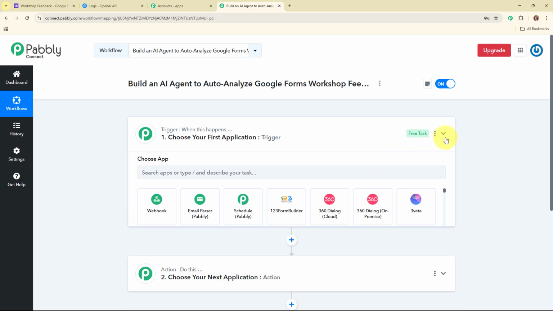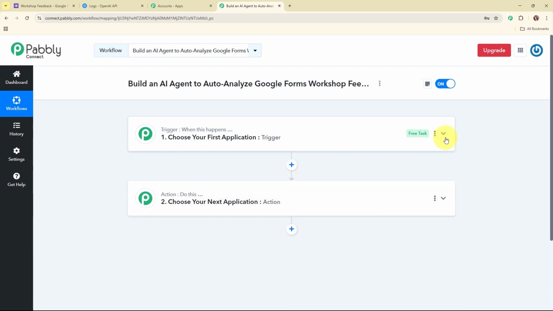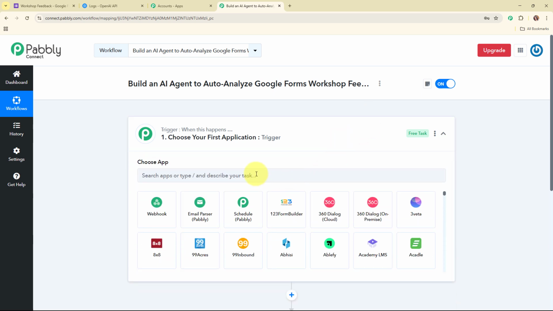Now in this workflow window, you can see we have successfully created a workflow, and here on the screen you can see the two most important principles of an automation process, that are trigger and action. Where trigger says when this happens and action says do this, that means action is a response to that trigger. Your automation can have a single trigger but multiple action steps. Now let's begin with our automation by simply setting up a trigger.